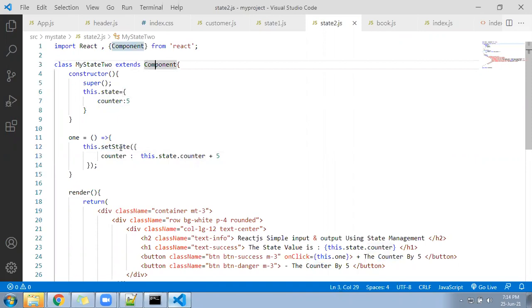With the help of the set state function, you are updating the value of a state variable. As soon as you update it, automatically this render function will get called.